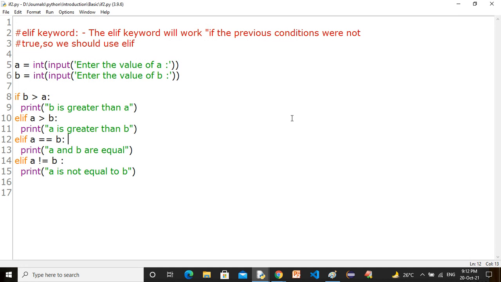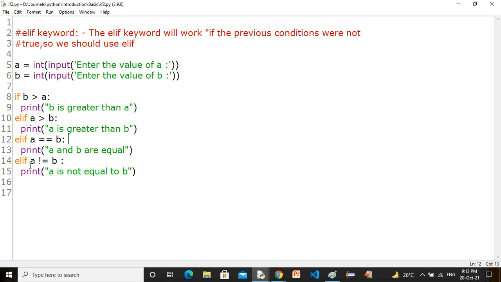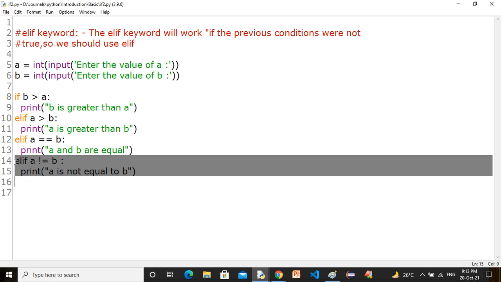Is it okay, Devraj? Multiple if condition. Please write. A is not equal to B. B is greater than A. Yeah, correct. Do one thing, just put this one here.